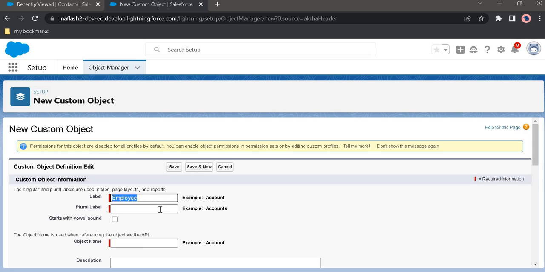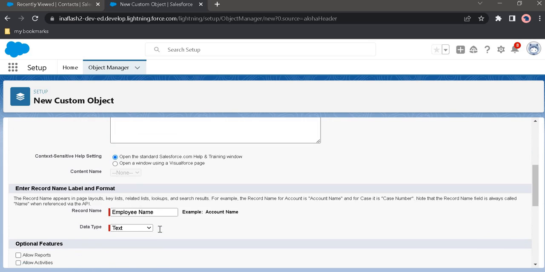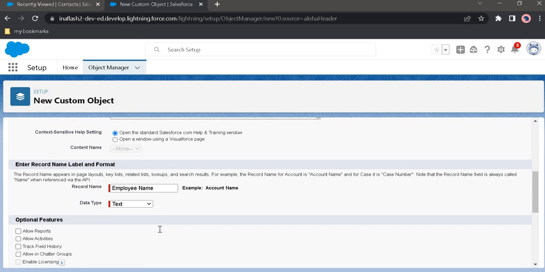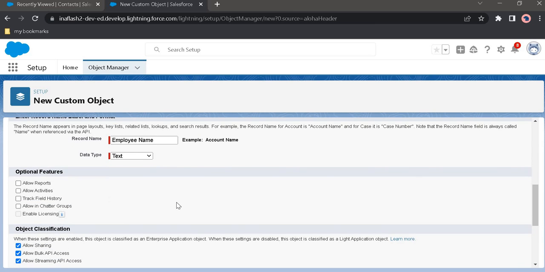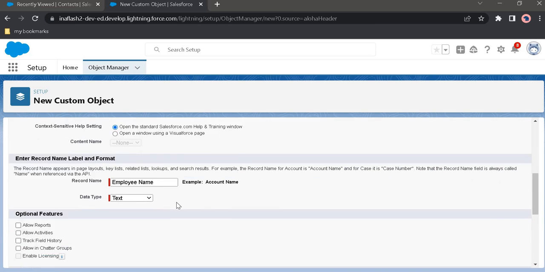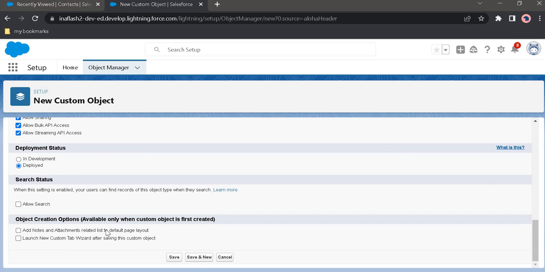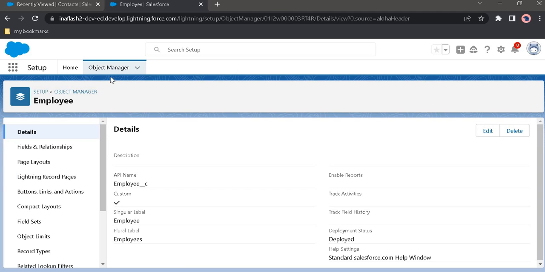The plural of employee, we are putting it as employees. And here is an example of employee name. We will see that later. Whatever is there, we are just saving it. We are just creating the custom object.